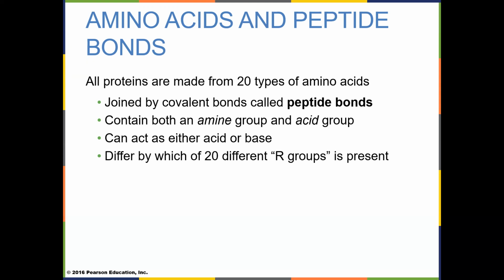Consider a typical dictionary. Using the 26 letters of the alphabet, most dictionaries have around 350,000 words just from those 26 letters. How are they arranged? However they need to be. The same with the amino acids and the proteins. You only have 20 amino acids. You can arrange them in any combination to give you the protein that you need.